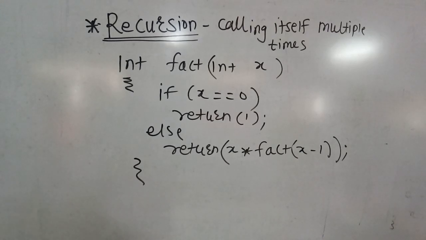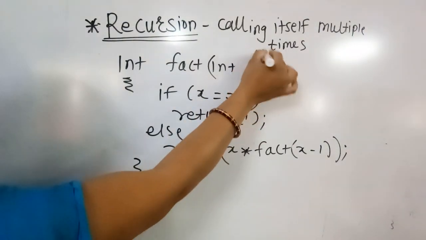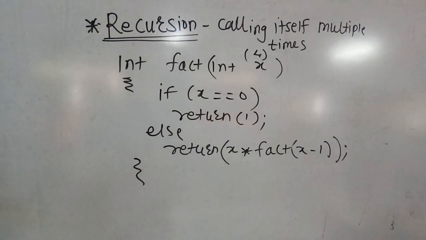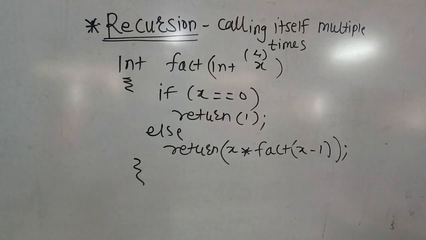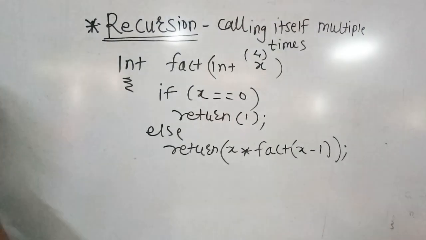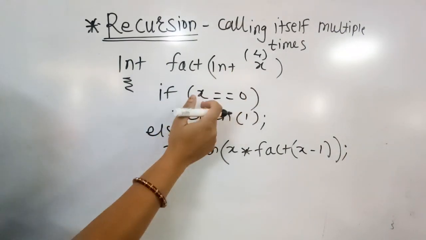Now in this case, we will see in detail how recursion is handled, or how this mechanism is actually done with the help of a stack. For example, we take x as 4, meaning the number for which we are calculating the factorial is 4. Now put the value 4 into x, and let us see how the execution will be performed. First of all, it will check with 0.